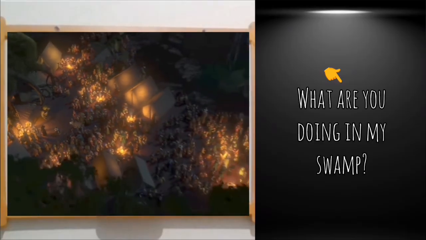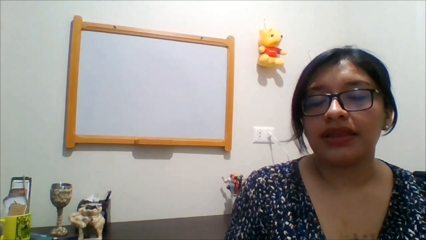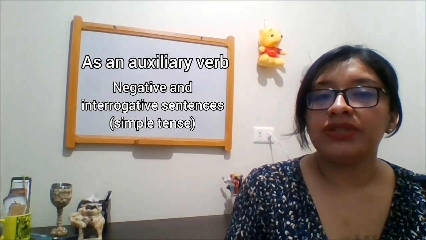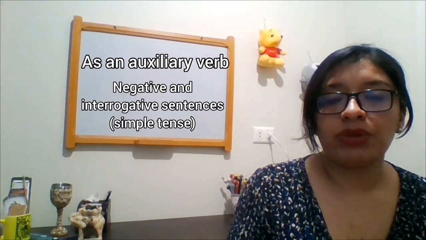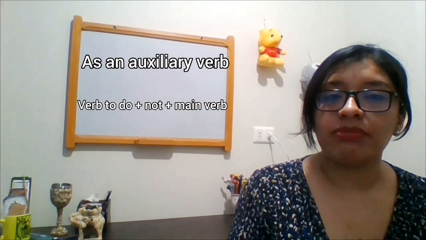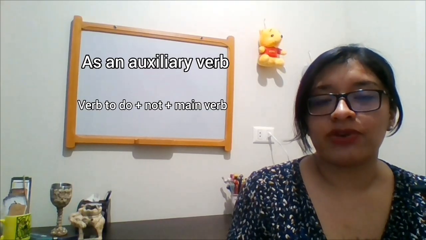We have the verb to be as an auxiliary and to do as the main verb. Here the verb to do replaces any activity in Shrek's swamp. And as an auxiliary verb, we use it in the constructions of negative and interrogative sentences. We put the verb to do before the main verb for negative sentences. For example,